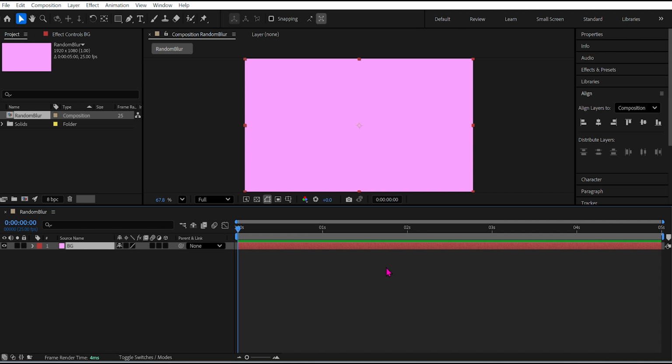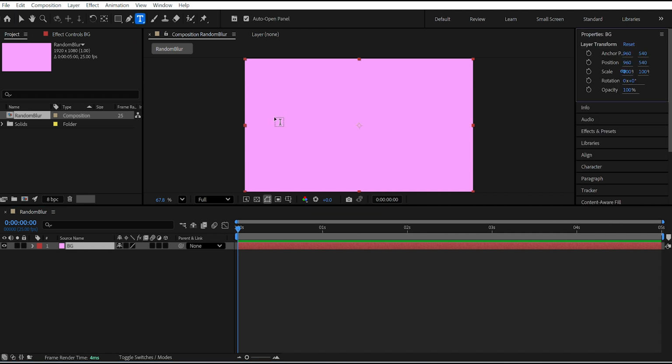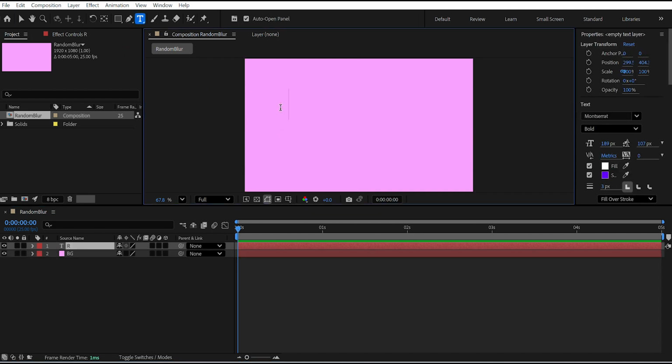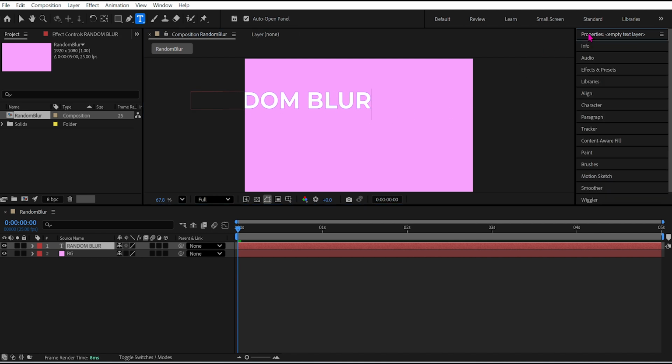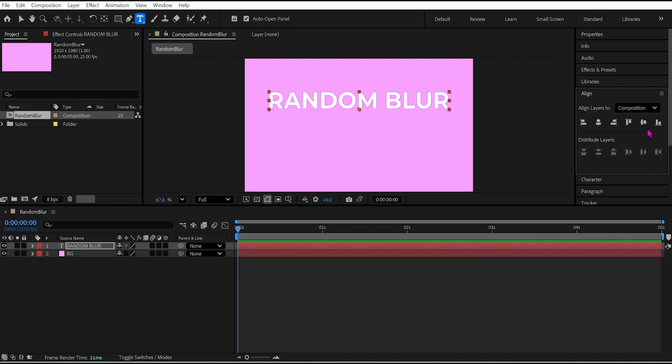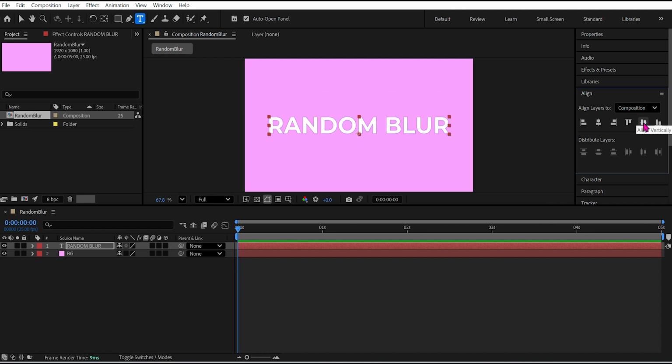Go to the text panel and type two words. I will type random blur. Align the text to the center. Go to the project panel, select the text layer,